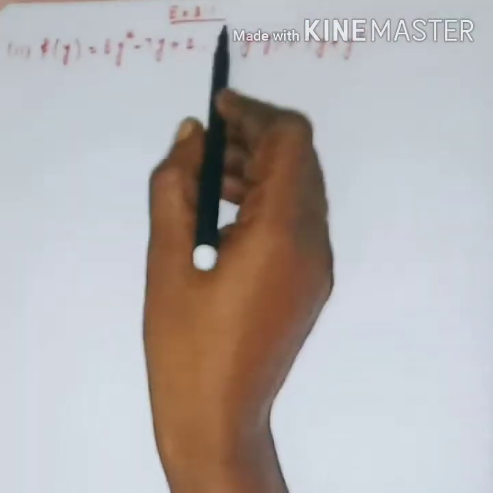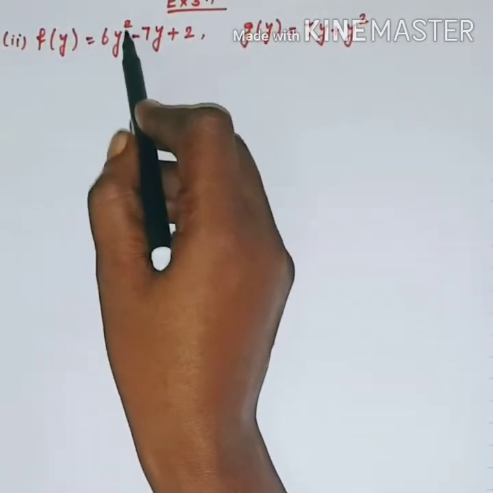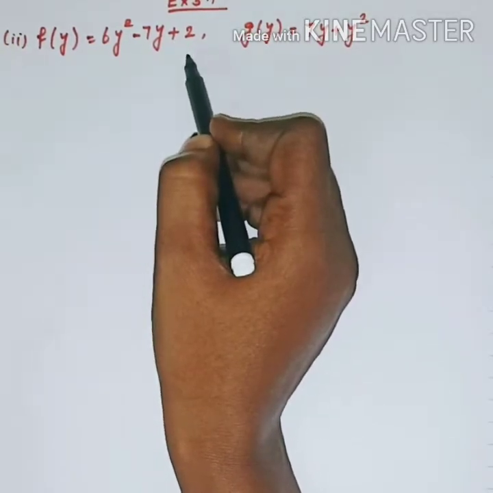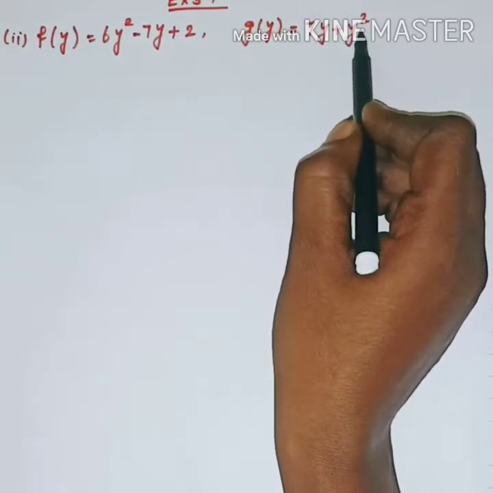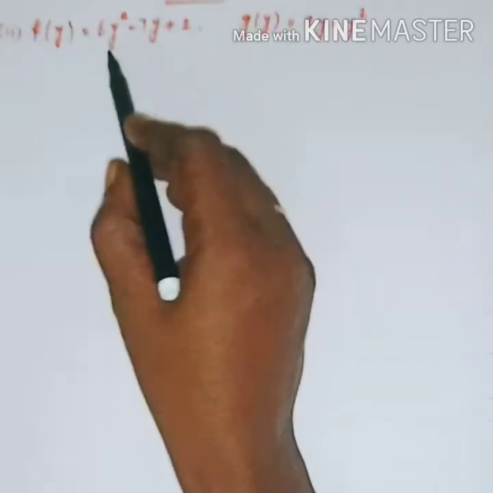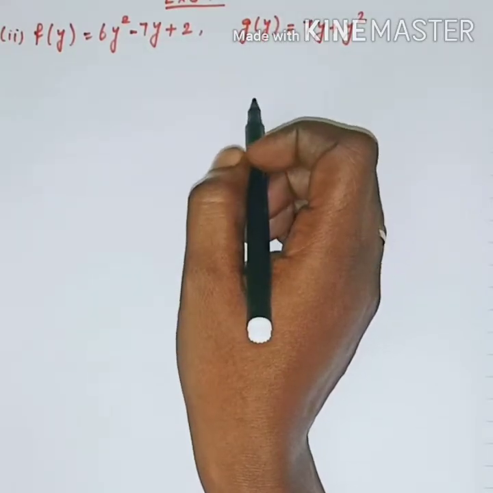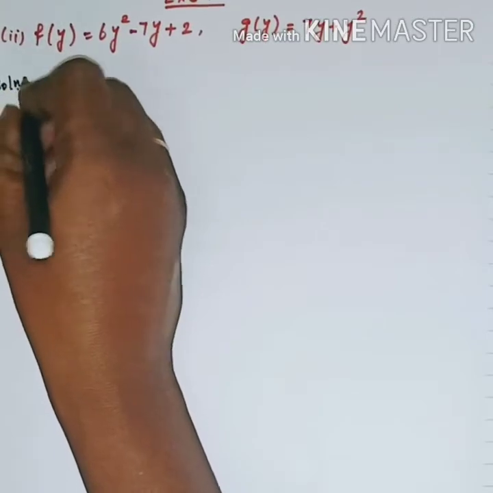Exercise 3.1, sixth sum, second subdivision. F of y is equal to 6y square minus 7y plus 2 and g of y is equal to 7y plus y square. We have to subtract these two polynomials and find the degree of the resultant polynomial. So the solution is